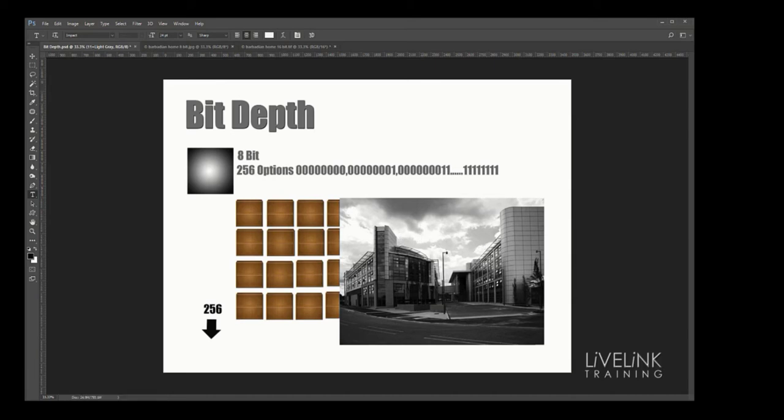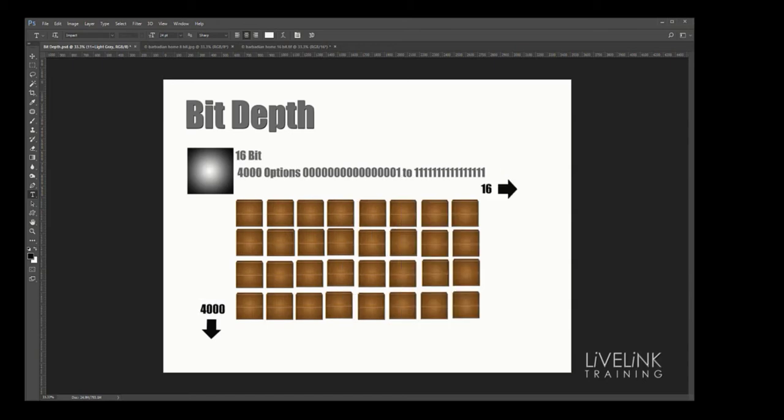Now let's take a jump to 16-bit. I'm not going to bore you with the maths of it, but basically we've got a 16-digit number, which we can go from 15 zeros and a 1 to 1111 16 times. So basically we've got 16 digits, and that gives us over 4,000 potential tonal values we can store, and that's